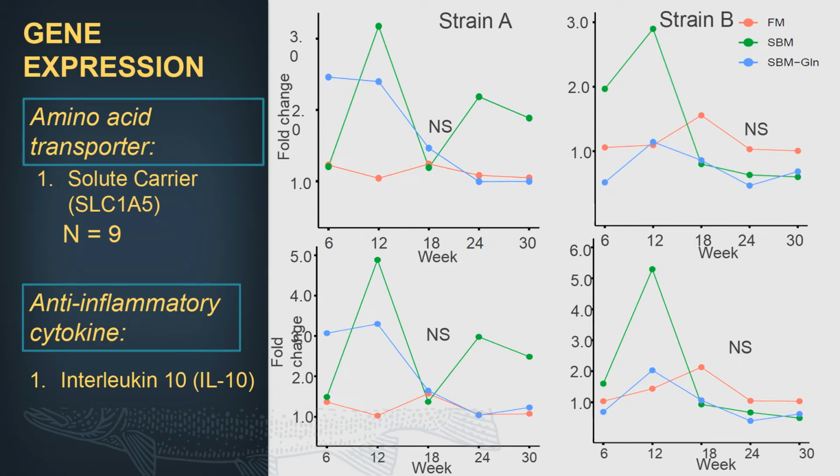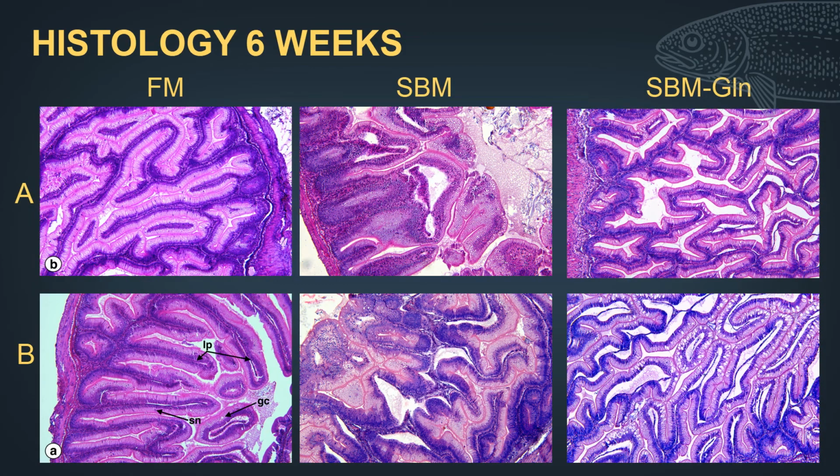So this is the gene expression data, which summarizes that after 12 weeks the fish has the capability, in terms of protein expression, of acclimatizing, from 18 weeks onwards. Then I just want to give you some morphological views of the distal intestine of the trout every 6 weeks, but I'm not going to give you the data for every 6 weeks, just for 6 weeks, 18 weeks and